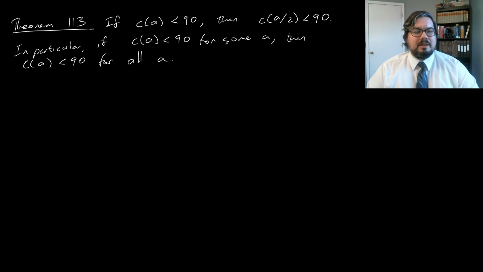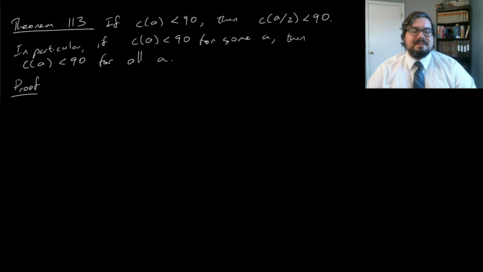Let's start by talking about this "in particular" bit at the end. This "in particular" bit that says that if the critical number is less than 90 for some distance, then it has to be less than 90 for all distances, is a combination of Theorem 113, or the first part of Theorem 113, and Theorem 112. So for the in particular,